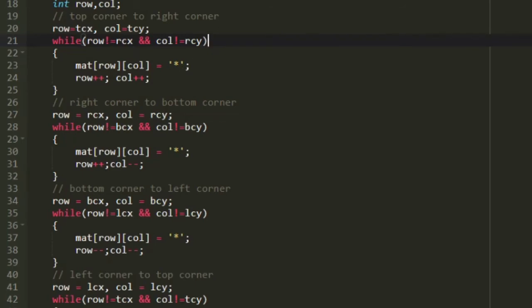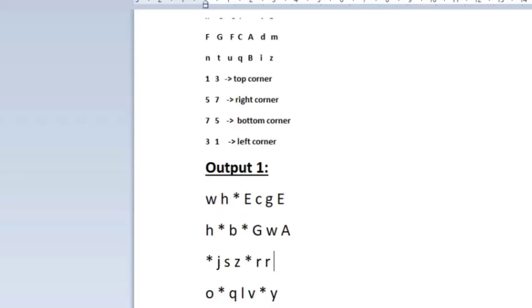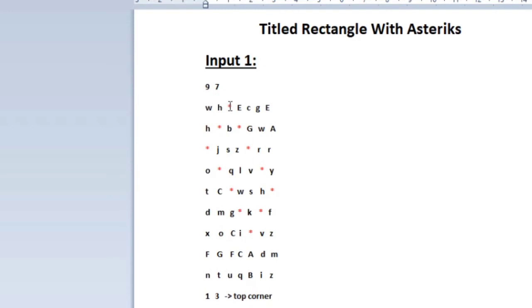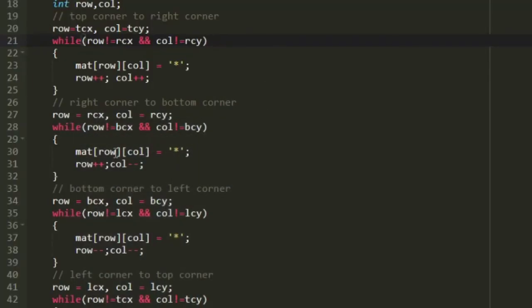Now let us see these two coordinates, top corner and right corner, in our matrix. So this is the top corner, and now we should connect this with the right corner. So the right corner is present here. So if we want to connect this top corner and right corner, we can see that the border elements are present at next row, next column. So when we start from the top corner, next row, next column, and then again next row, next column, next row, next column. So when we move like this, at one stage we will reach the right corner.